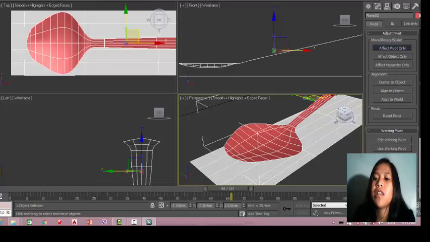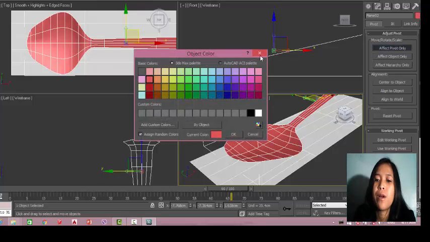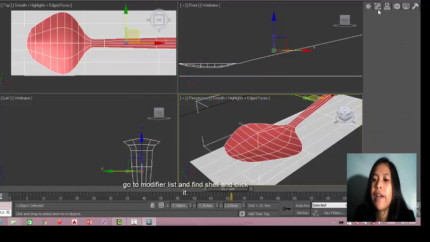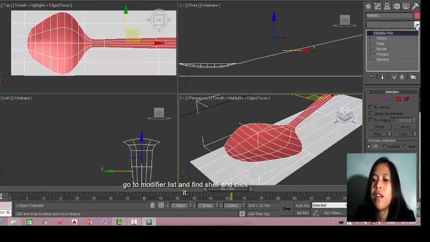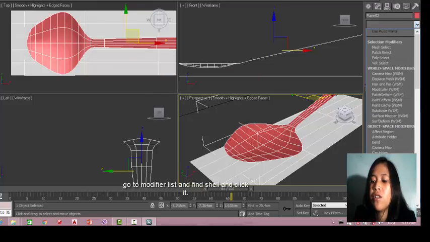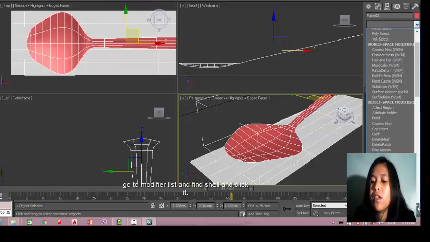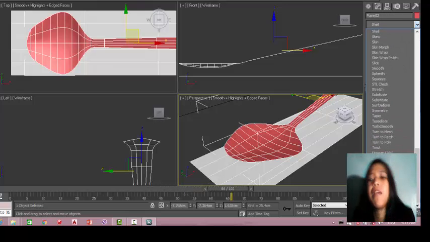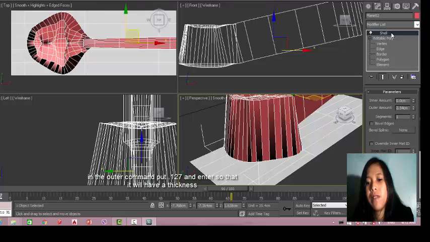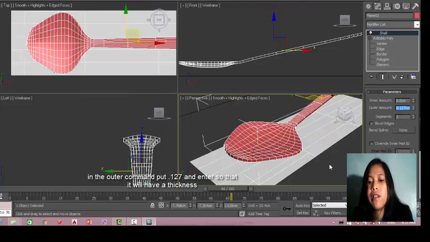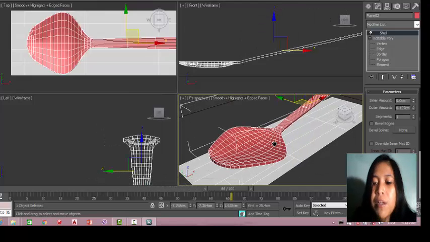Then I'll go to the modifier list, and then I'll select the shell. I just have to type it out here, I'll put 0.127 in my outer amount, enter. So my spoon now does have a thickness.